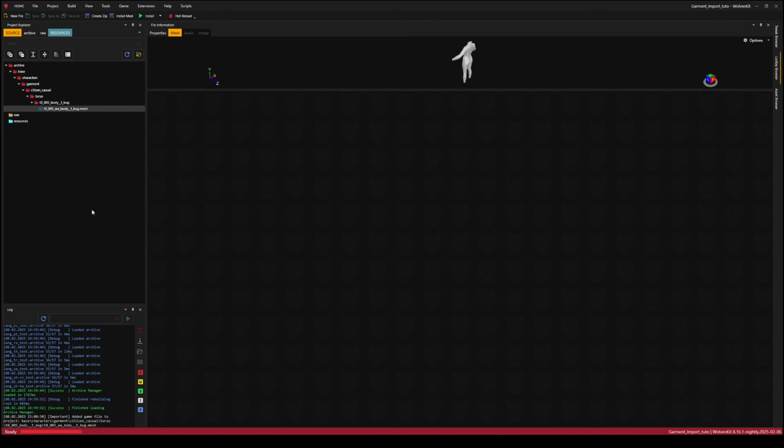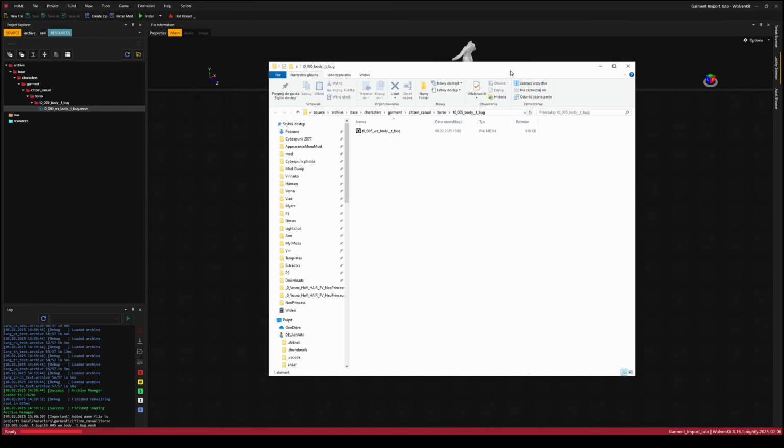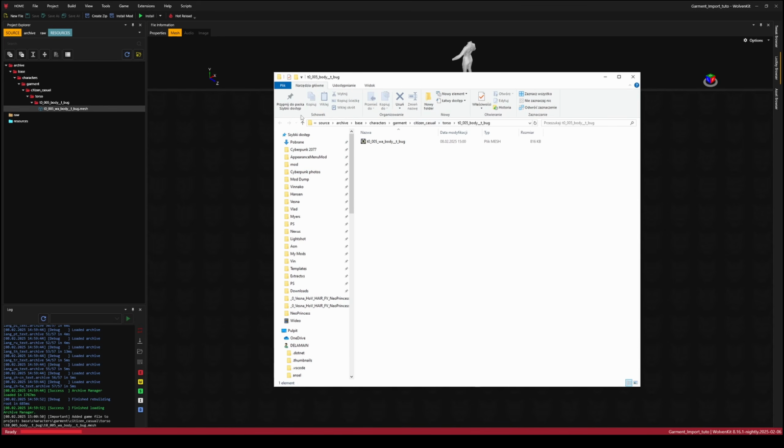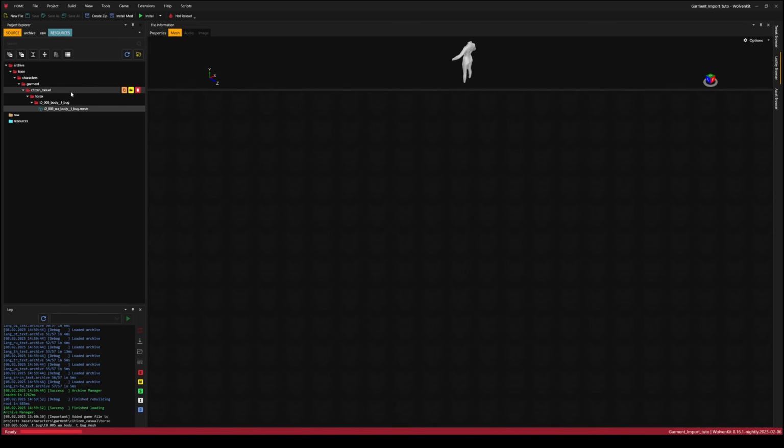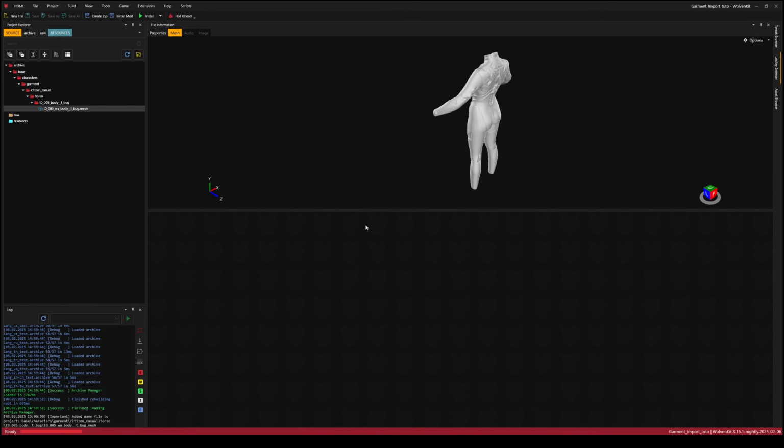Now we can go and open it in Windows Explorer, and this is literally in my folder on my PC now. It's extracted from the game, so you can do whatever you want with it now, which is exactly what we want. Since this tutorial is about the technical part of importing garment into Cyberpunk, I won't cover the exact extent